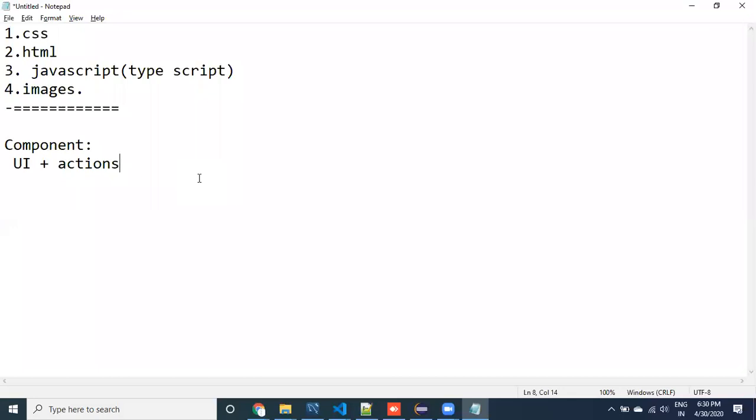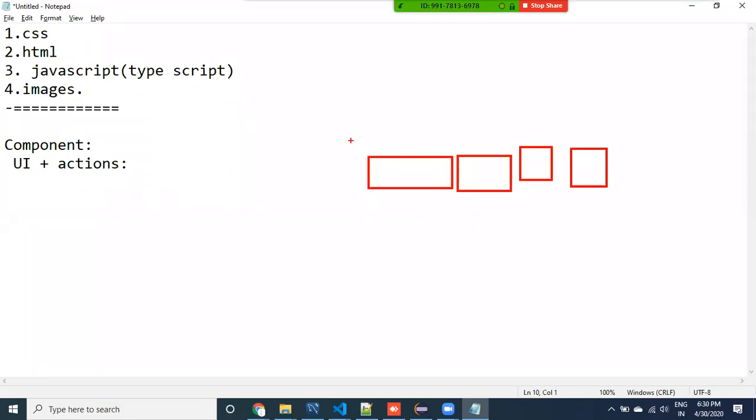After dividing the application into components, is it sufficient or not? Not at all sufficient. Why? Because if we develop hundreds of components in our application, how do we manage them again? It is highly difficult. So to manage multiple components, what we are going to do is group our components. A few components are going to be made into a module.